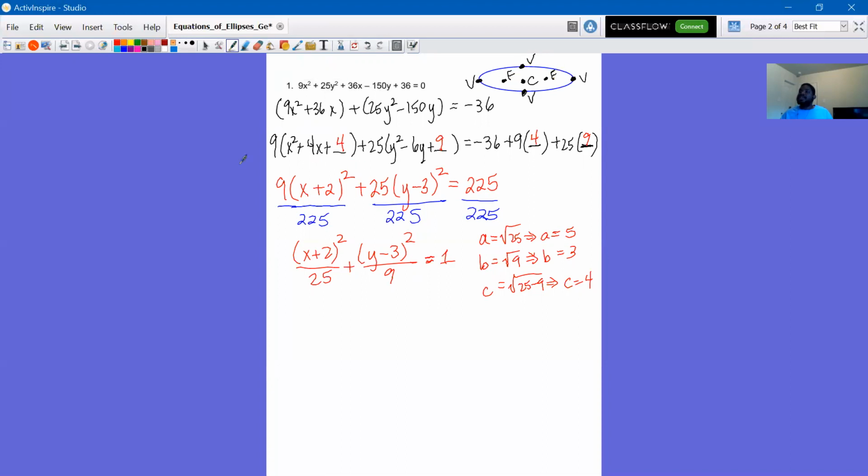Okay. So we're ready to describe our ellipse. So it's an ellipse with center -2, 3. And next we're going to find our focus points. Actually, our next thing, we're going to find our vertices. Our vertices,